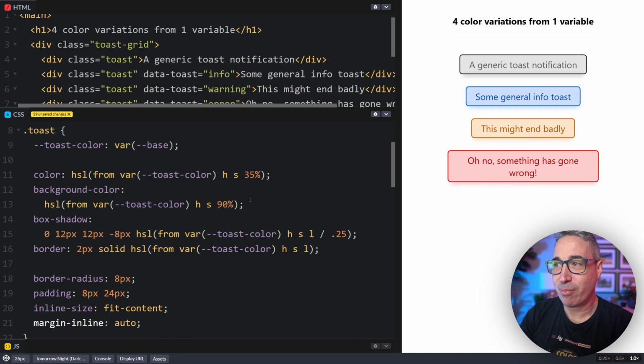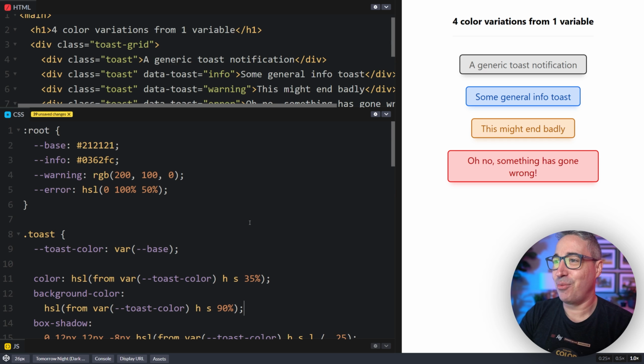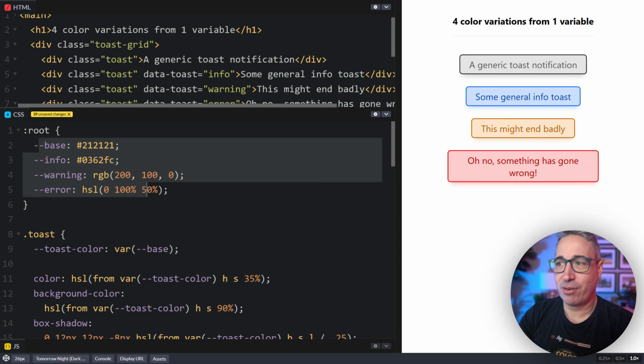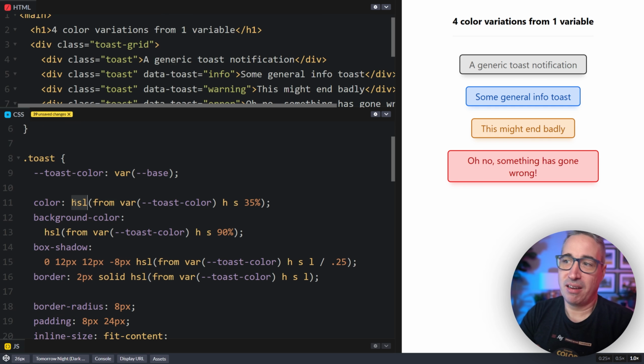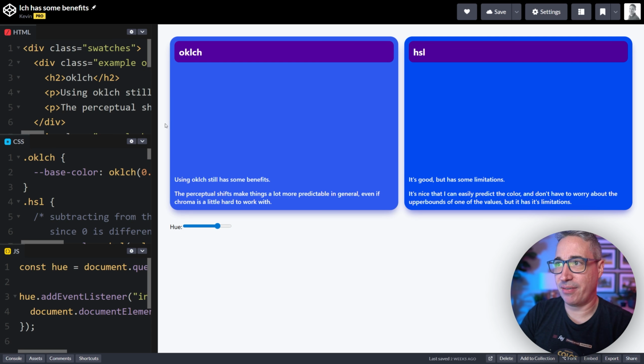But now let's look at the other improvement that we can make to this. Which is, while I have all of these set up using HSL, RGB, hex, you're copy pasting from your design software, whatever it is, and you're setting these here, when using relative colors, you can often get a little bit of a better result by using oklch. And oklch is newer, like HSL, it just came around more recently. But the difference between HSL and oklch is as you go through the different hues, it works in a much more consistent way. So what I mean by that really quickly is looking at this demo, I've set these both up with oklch and HSL. And if I go